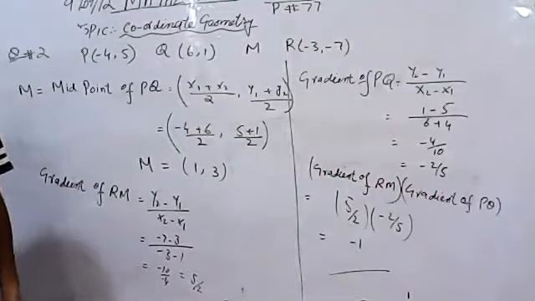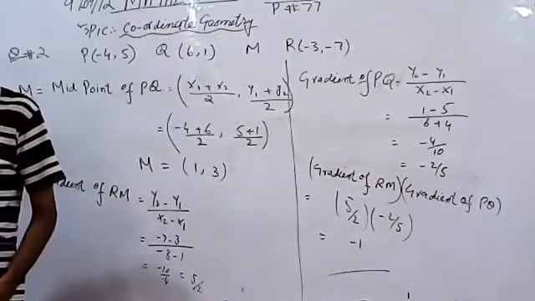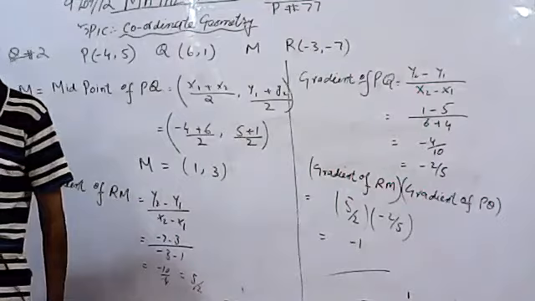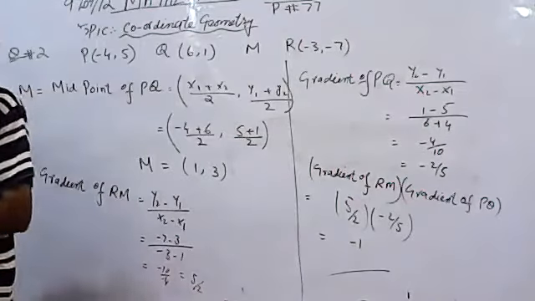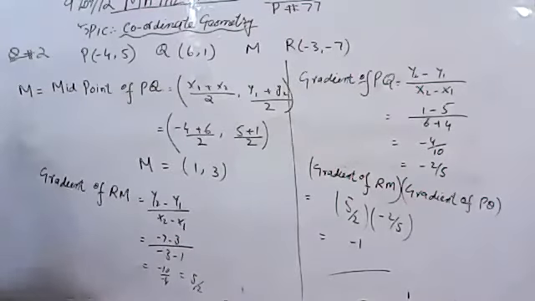Another way to ask the question, he may write that if the angle is 90 degrees, find the two possible values of any coordinate. We will do such type of question even now.